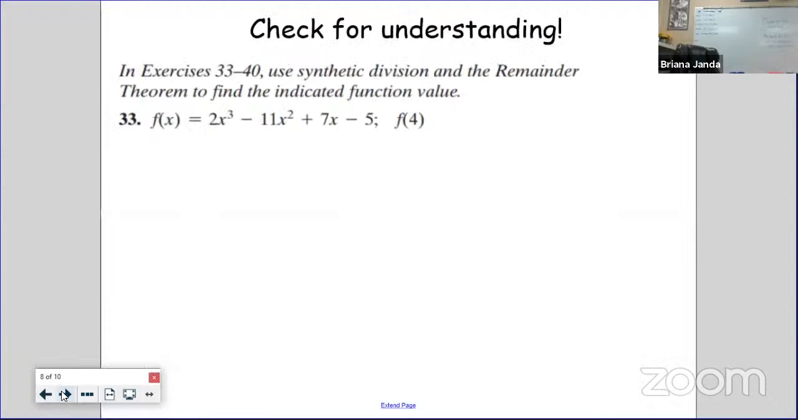All right. I want to go ahead and try these two. So if you will grab your dry erase markers, we are going to go to our check for understandings here at the end. While you're getting your dry erase markers out and doing this problem on your table, I'm going to stop my